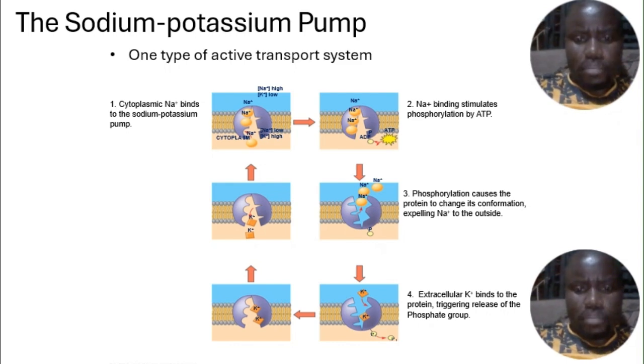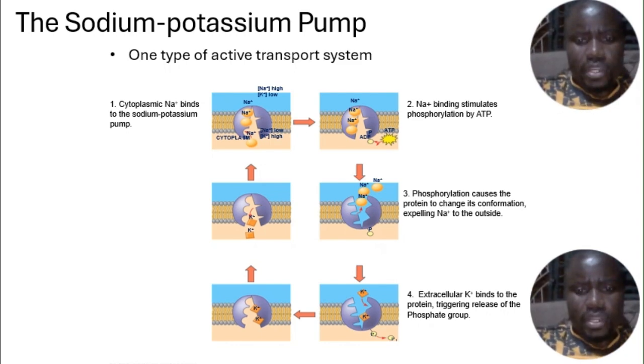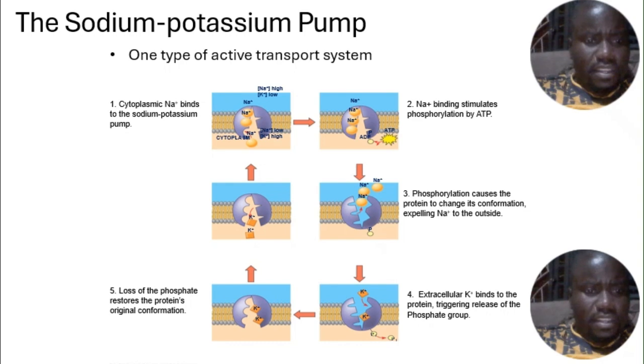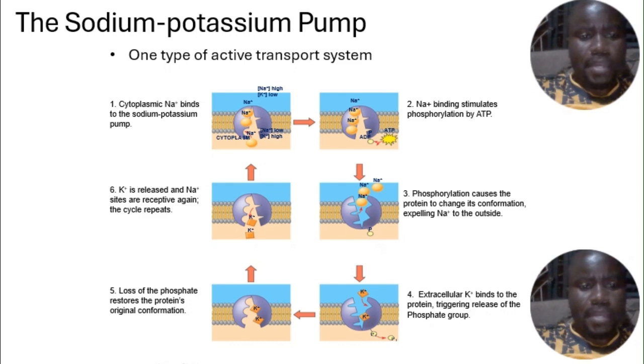This change in shape also allows the binding of potassium from outside of the cell, and then there is loss of the phosphate and restoration of the protein to its original shape. And when this happens, the potassium is literally spat into the inside of the cell, into the intracellular fluid,